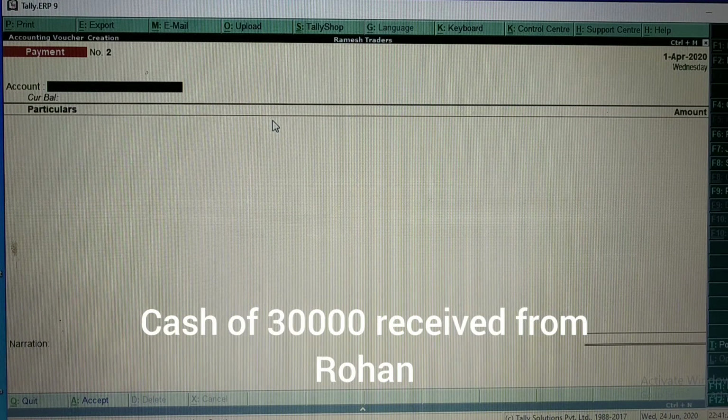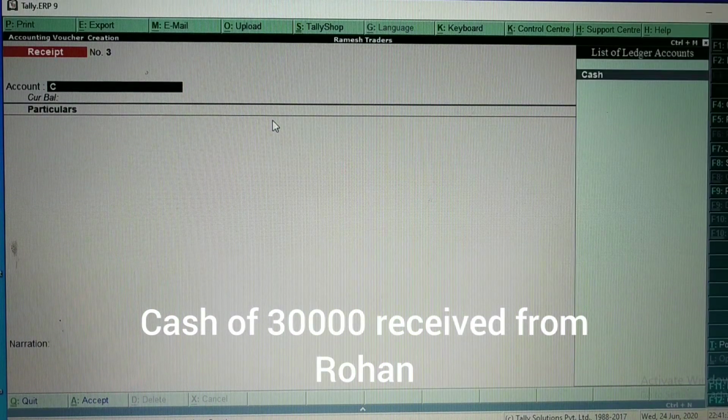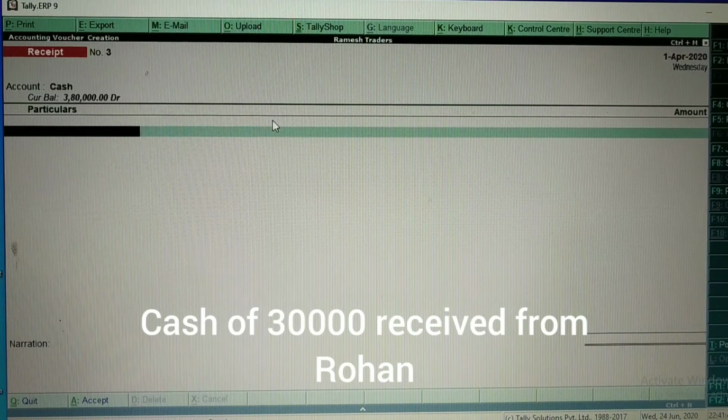Next one is cash of 30,000 received from Rohan, because he is receiving some cash from Rohan. Receiving means we need to press F6 from your keyboard to open the receipt voucher. Now he is receiving cash, so here I will write cash account. From whom are we receiving?